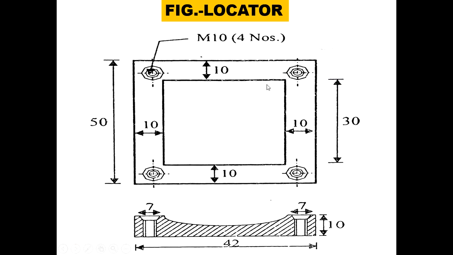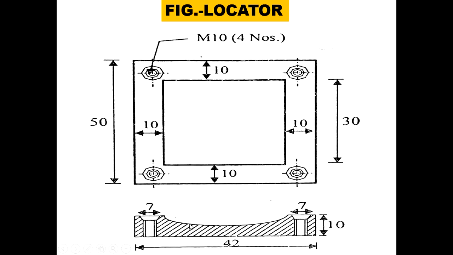Then this is your profile locator. Now this is a special locator which we have designed and manufactured. Okay, as far as possible we have to use the standard parts. Okay, so instead of this, if you go for a V locator, it will be better, because a number of V locators are available in the market. You can directly purchase the V locator from the market, so it will save the time and it will save the cost also, most importantly. Okay, so this is your detail view for the profile locator.